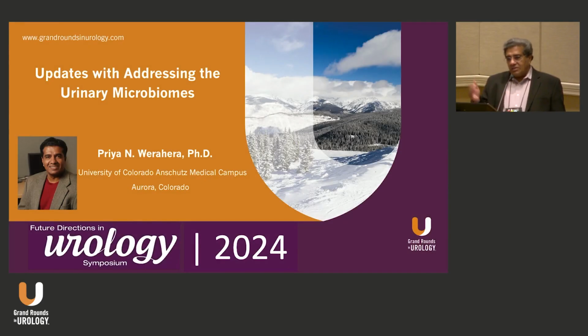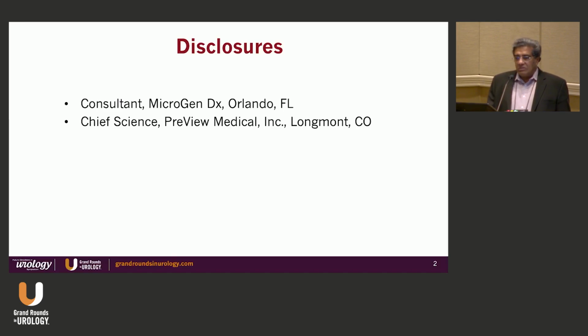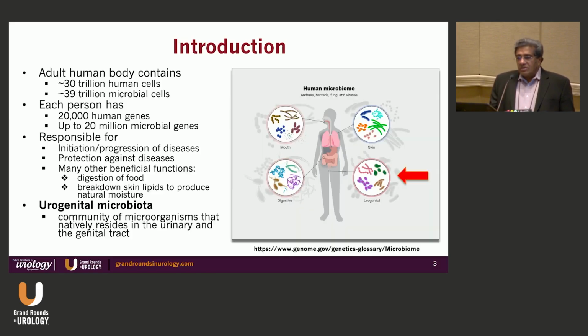So again, along the theme of biomarkers, at this time, let's talk about what we can find in these microbiomes in your urine. These are my disclosures, and the adult human body contains about 30 trillion human cells,